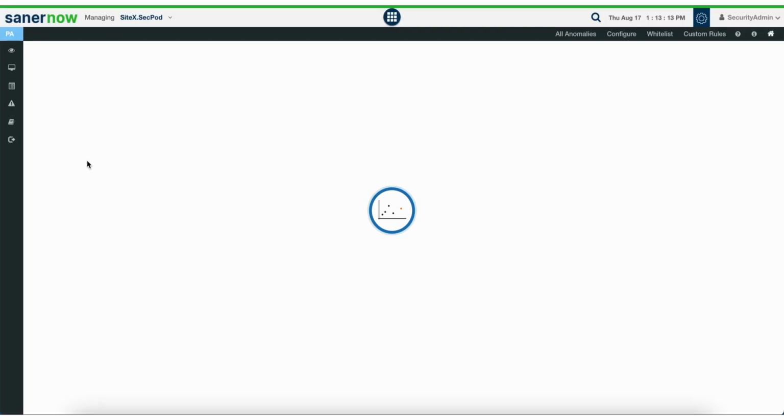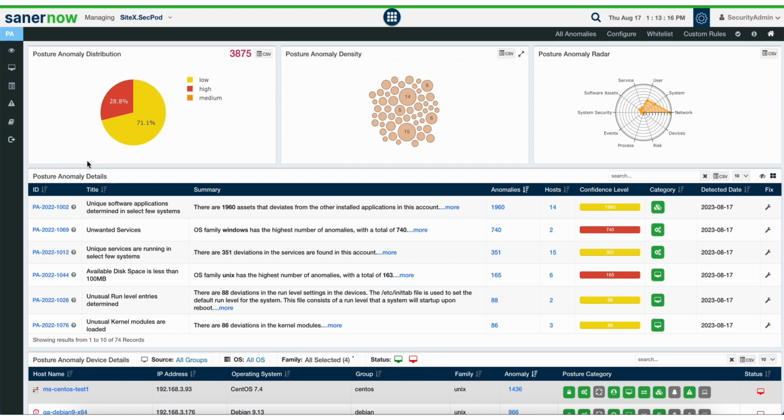This tool gives you a perspective of whether there are any anomalies detected on your devices based on the behavior of the device or the user in the network, and that anomaly detection is done keeping all of these perspectives in mind, right? Processes, devices, network system, users, services, assets, and also system security. So what you get